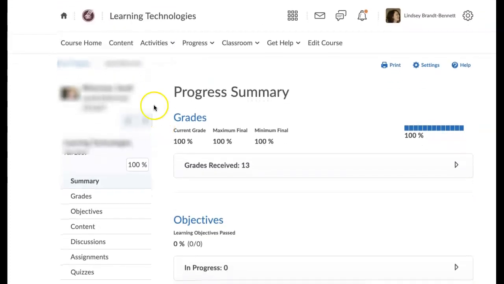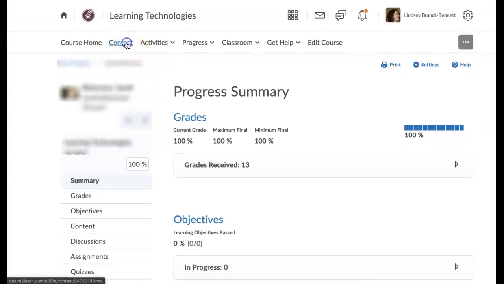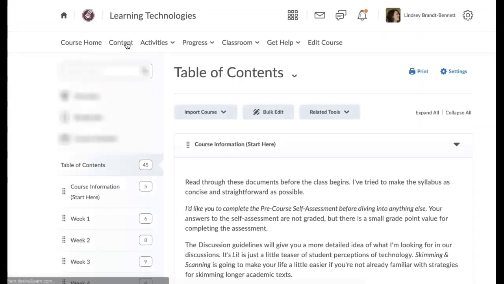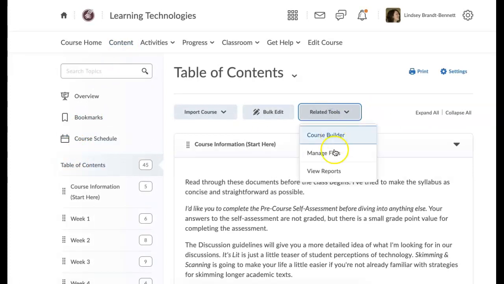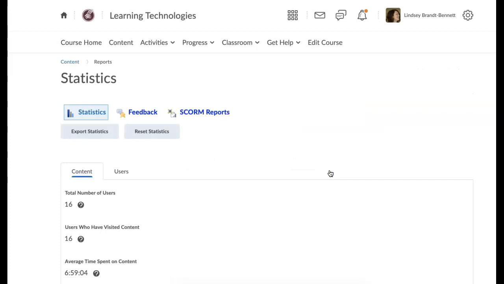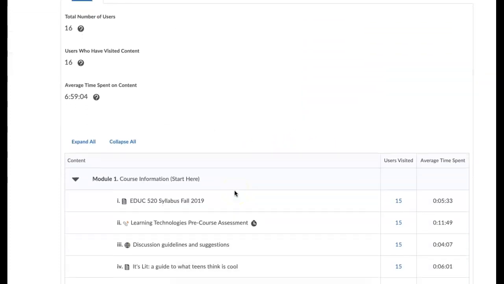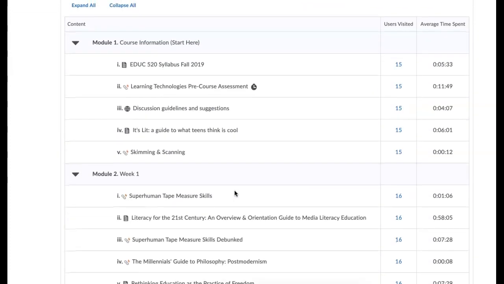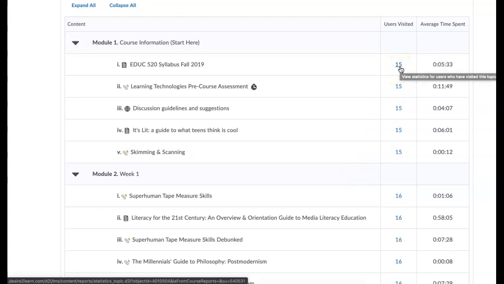Let's go back to the top and look at the other section. If you go to the content area, click on Table of Contents, and then under Related Tools, there's something called View Reports. And this gives you an overview of the content that you've posted, and it gives you the number of students who've looked at that content, who've clicked on it. And then if you click on this here, it'll actually tell you which students those are. And then also the average amount of time spent on that